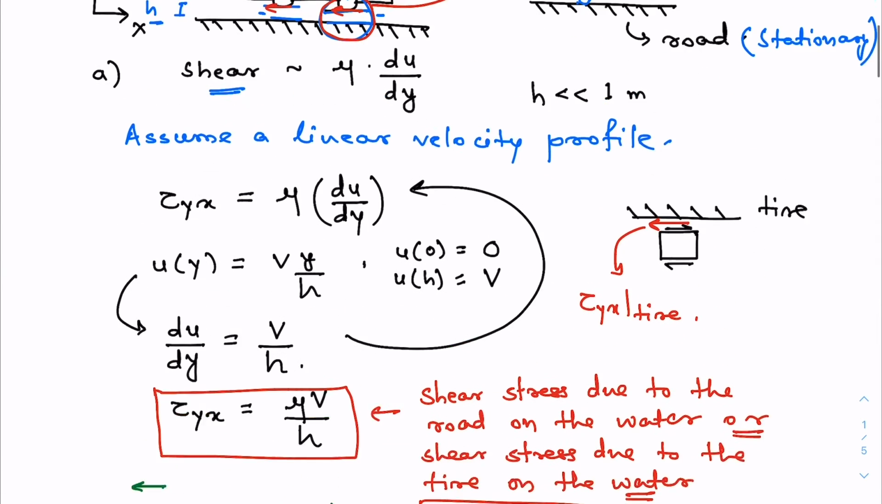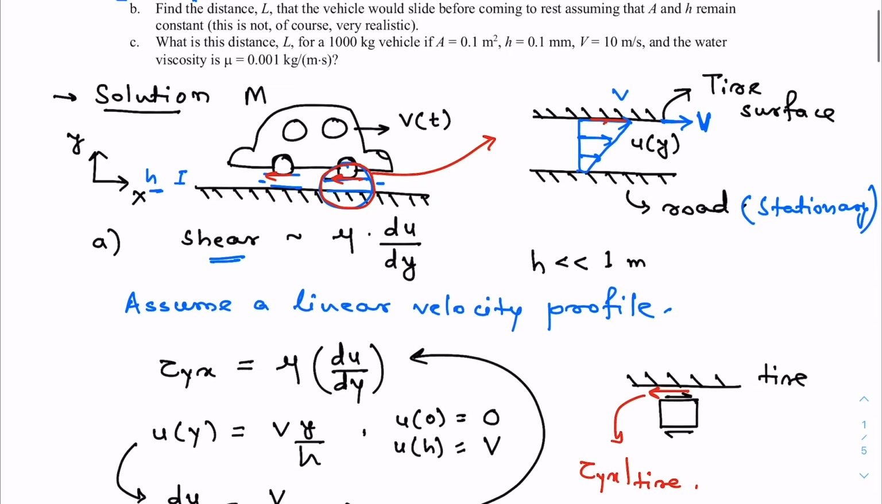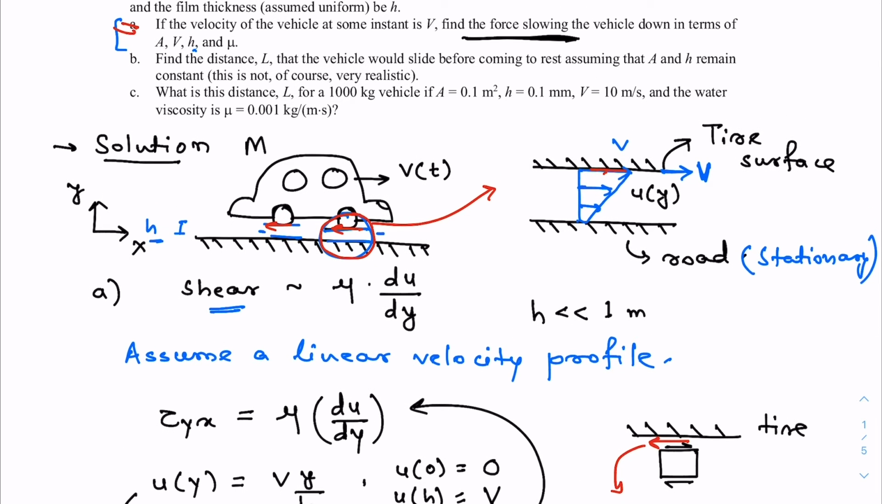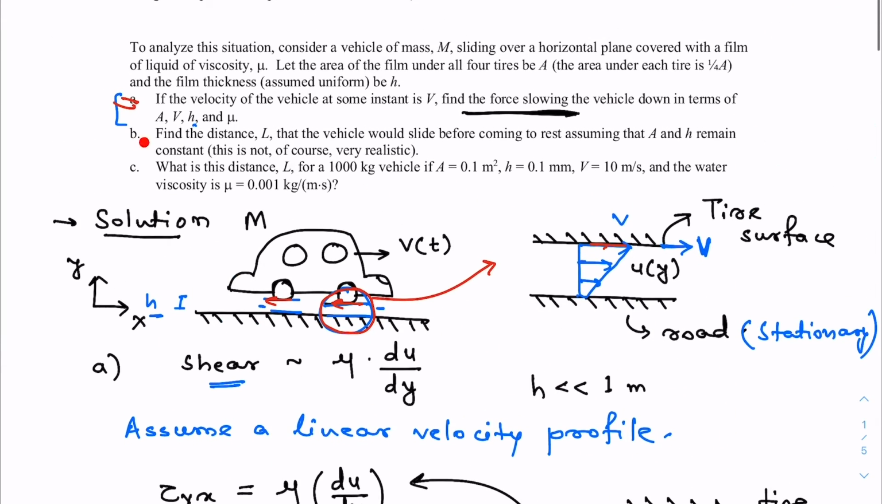So this is the answer to part A, where we found the expression for the force in terms of A, V, H, and mu, which is trying to slow down the vehicle. The origin of this force is basically the shear stress in this small film of water between the tires and the road. Now in part B, we are asked to find the distance L